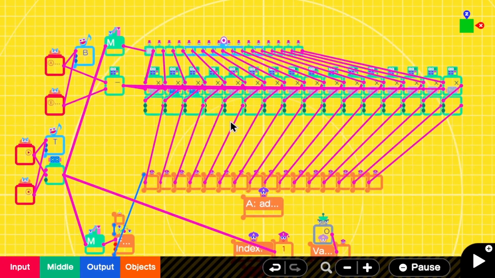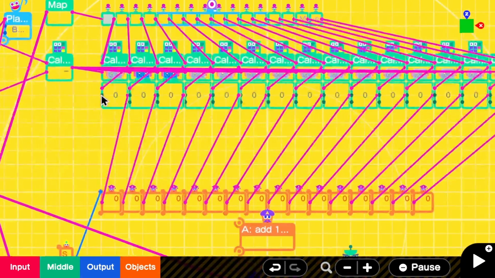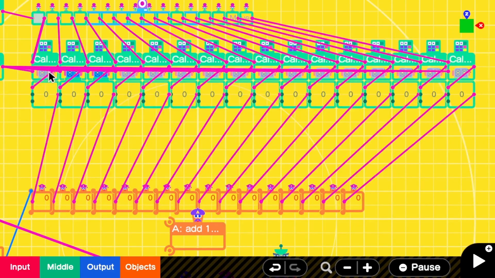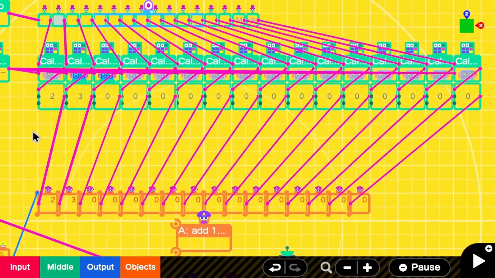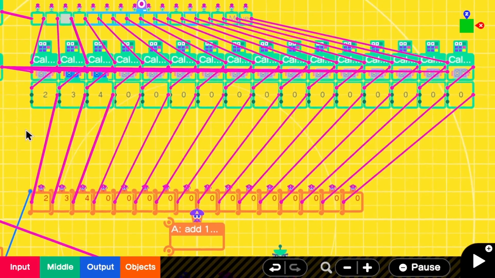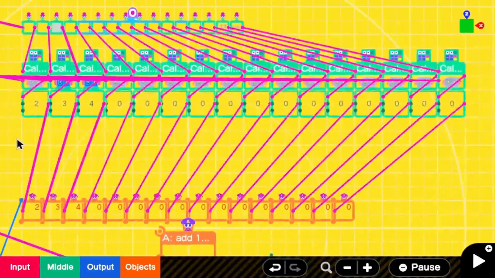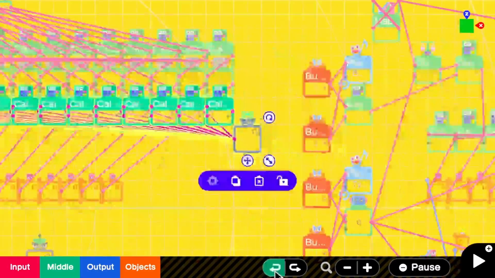The next question is, how do we extract a specific value from a specific counter? Right now, we have all these counters. If we just add all of them together, for example, here you have the value of 2 and the value of 3, we can't just add them all together because all of these numbers are going to add together. So what we need to do is add